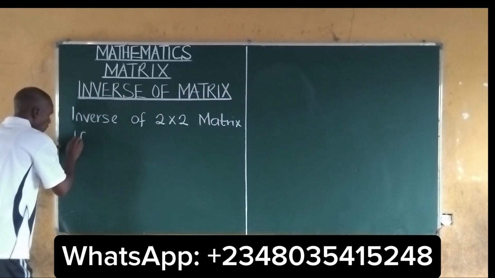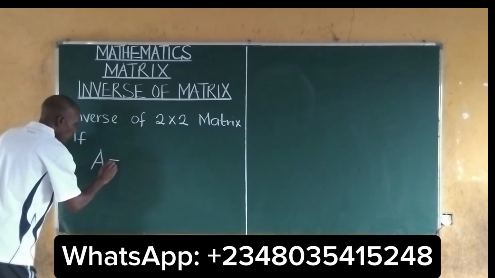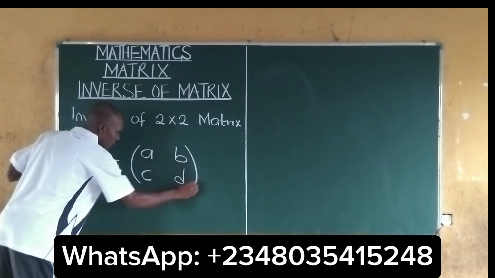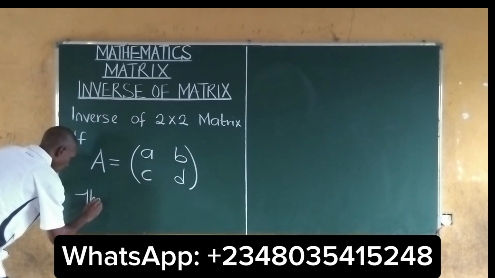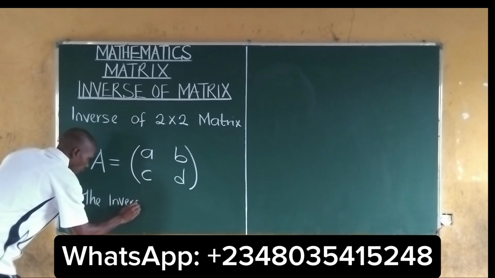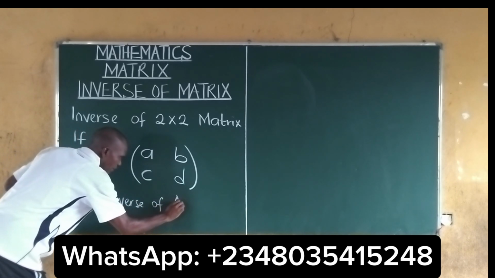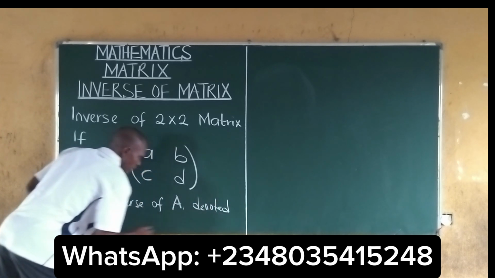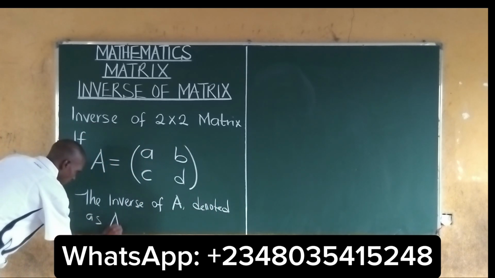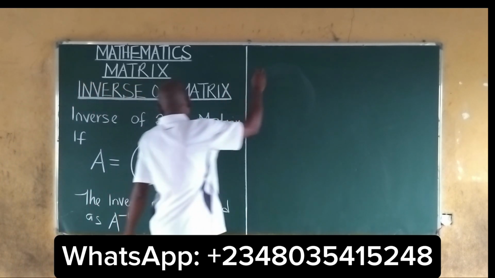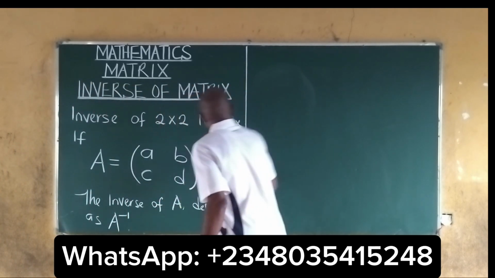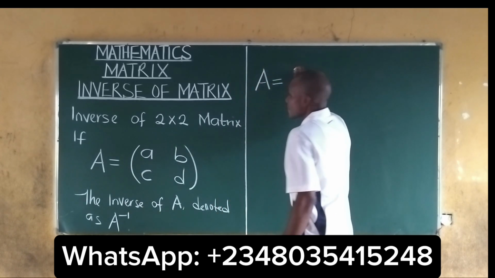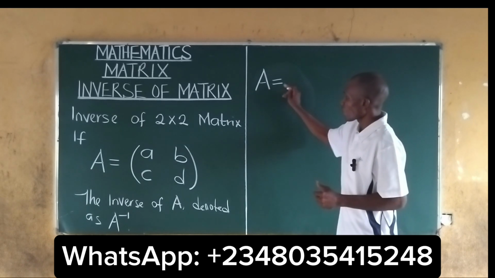So, if A is equal to the matrix with entries A, B, C, D, the inverse of A is denoted as this. The inverse of A will be equal to, I want to write here,